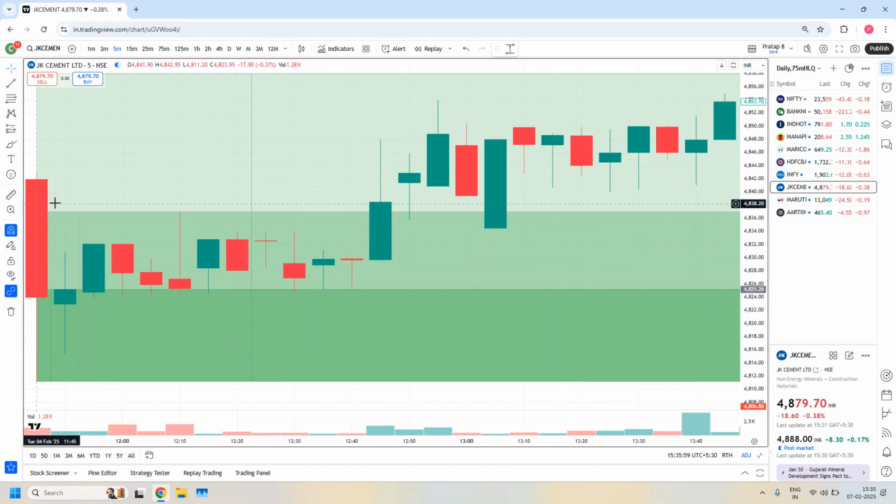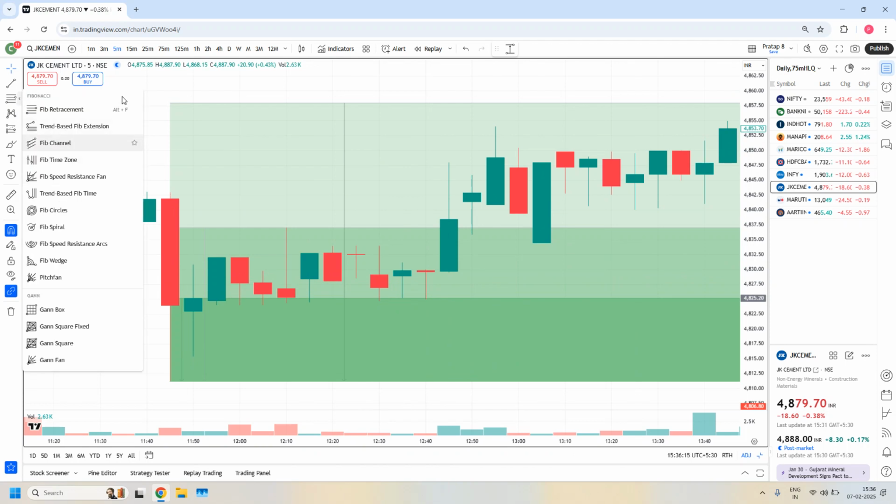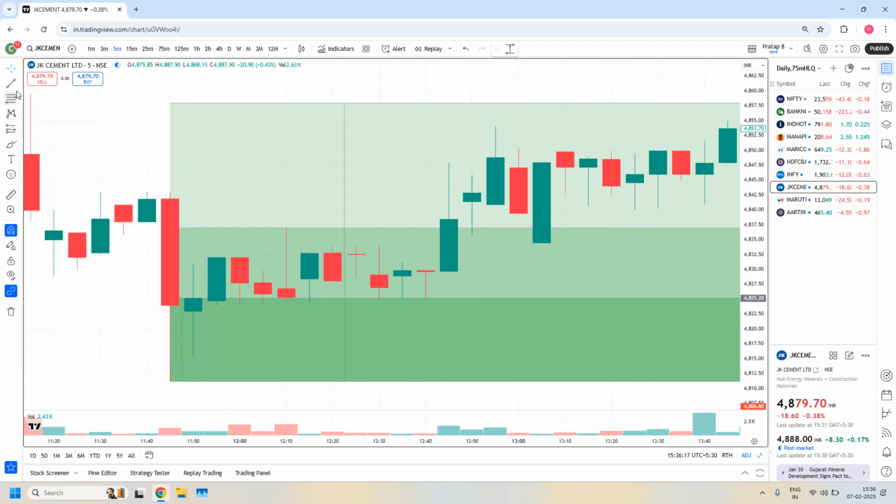Look into this zone. We have a drop, we have a base, we have a rally. You may say this rally candle is not so great. Yes, that's true. But observe here. This is the area prices keep on holding, keep on holding. Most interestingly, if you draw a horizontal line here,